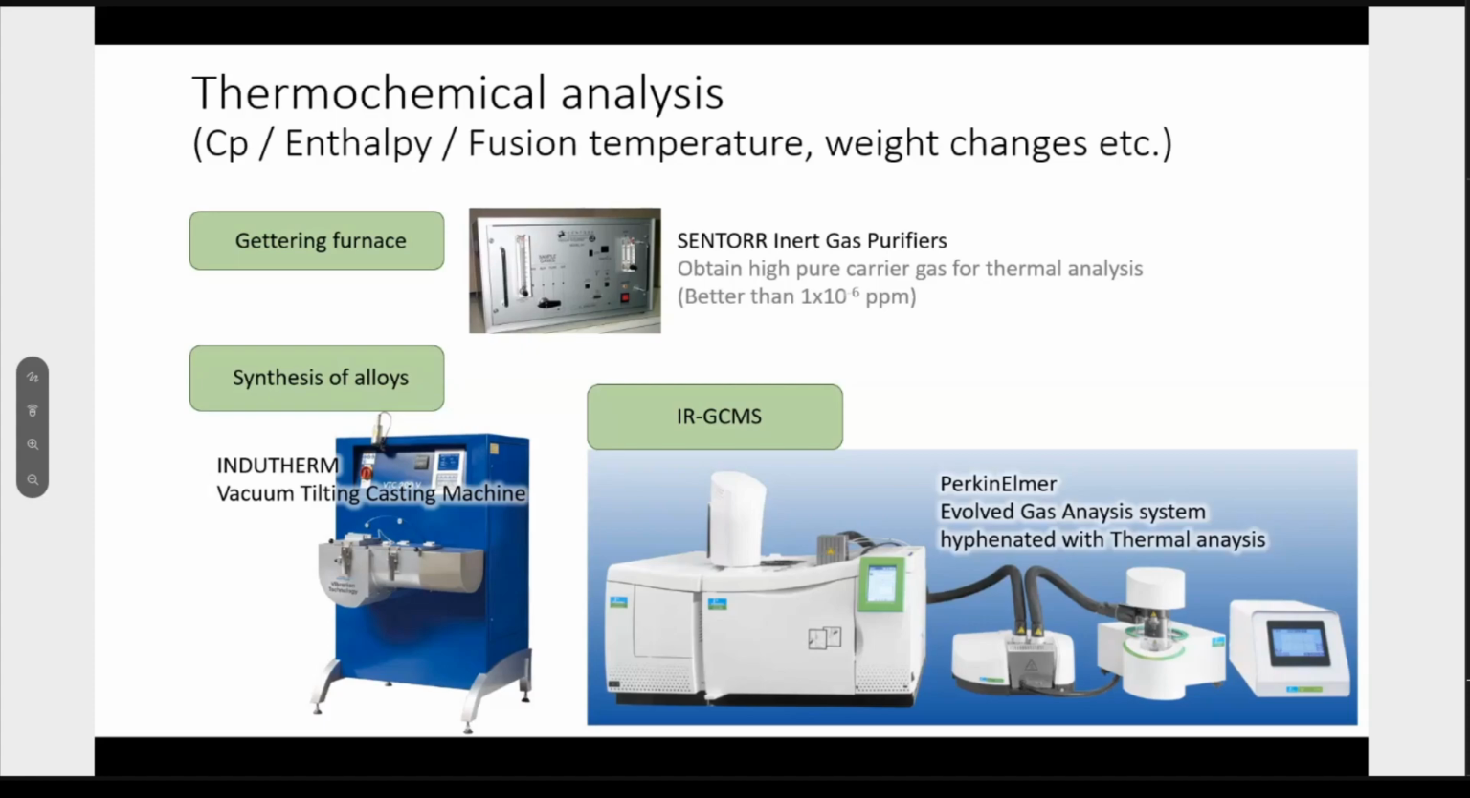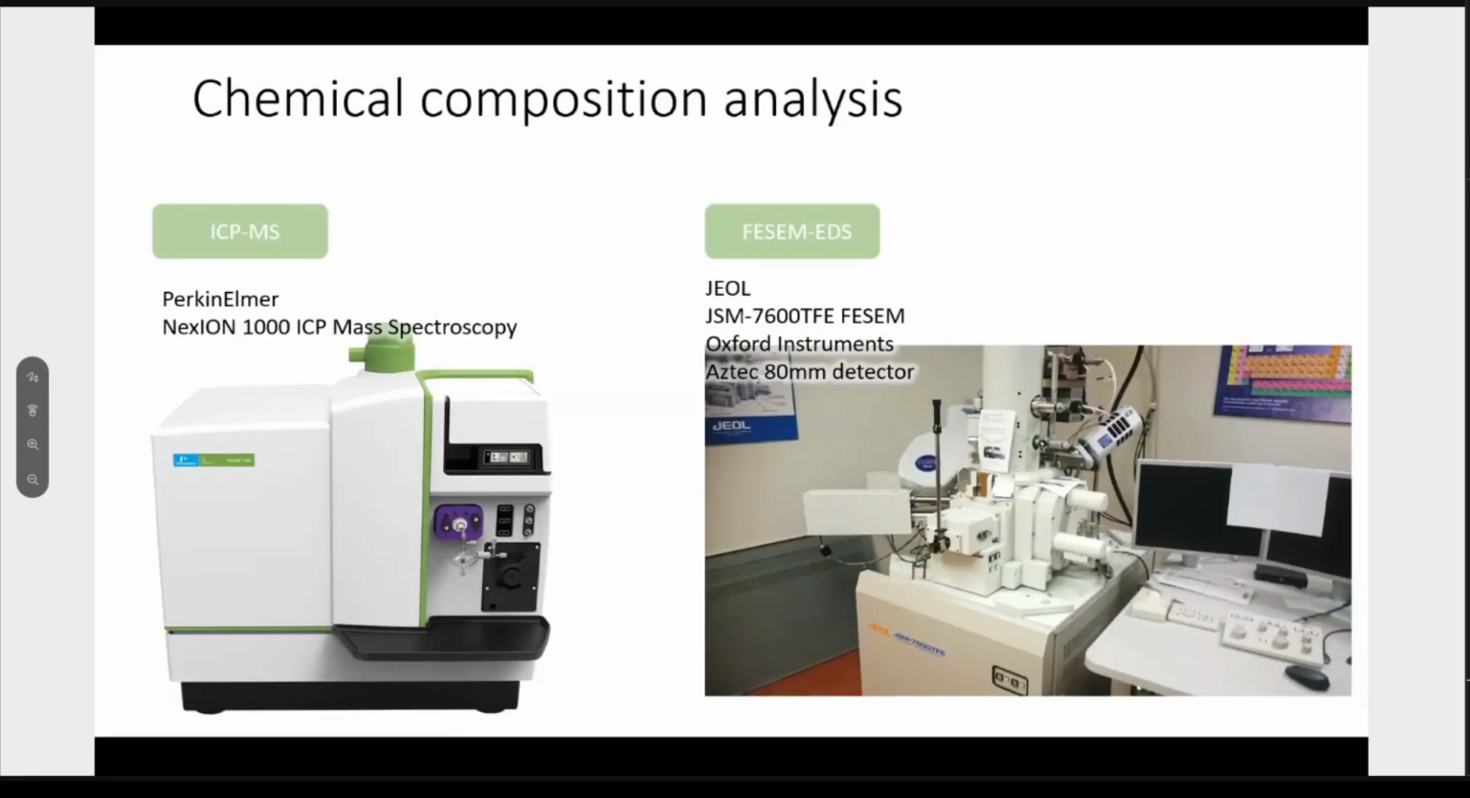And the next one, for the chemical composition analysis, now we have two options. One is ICP-MS, one is field emission gun SEM EDS. The right one, this system is already available at Polytechnique, so I'm not requesting Jean-Philippe to purchase the same thing. But the left one, ICP-MS,